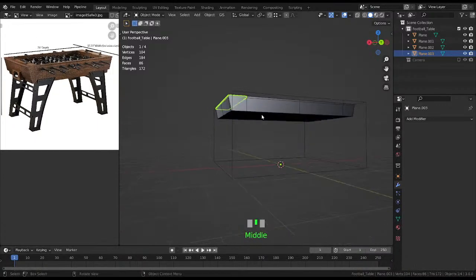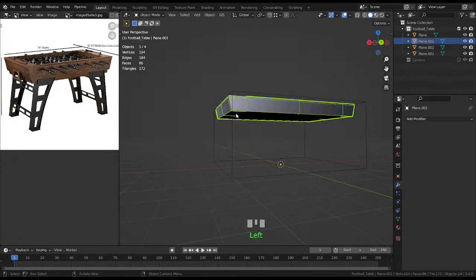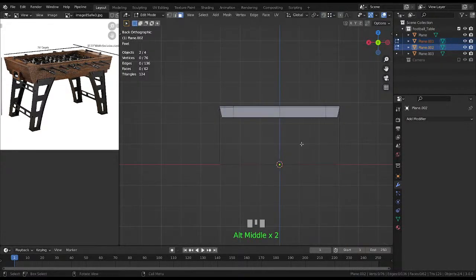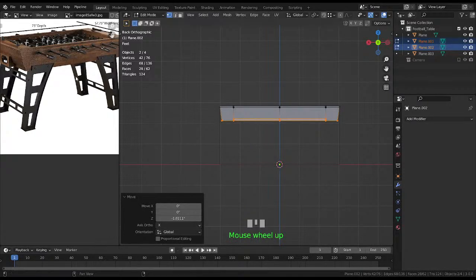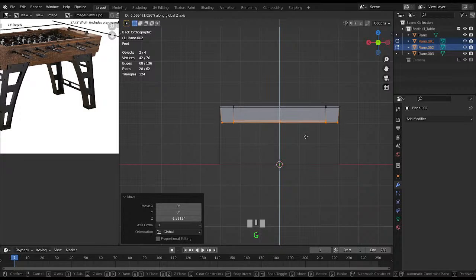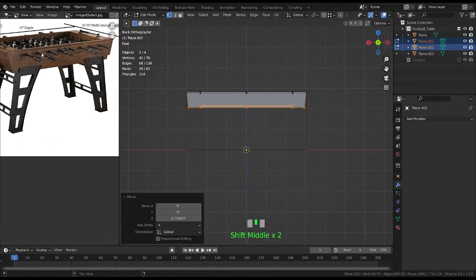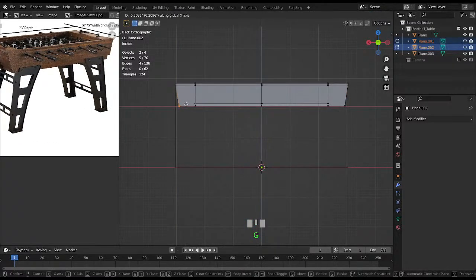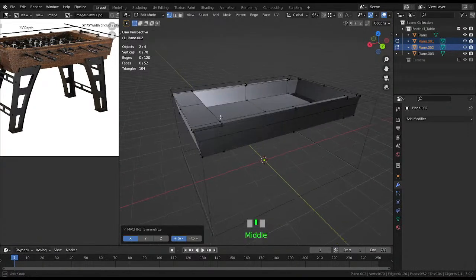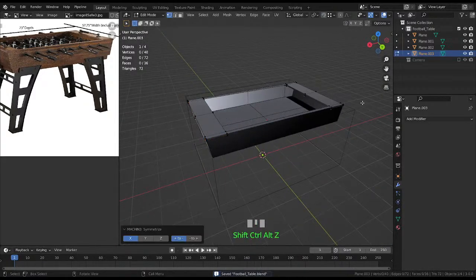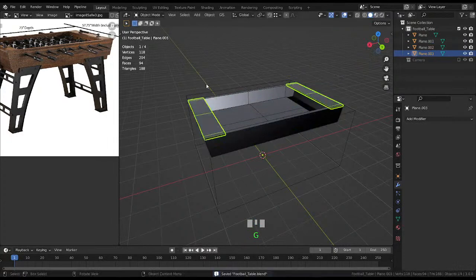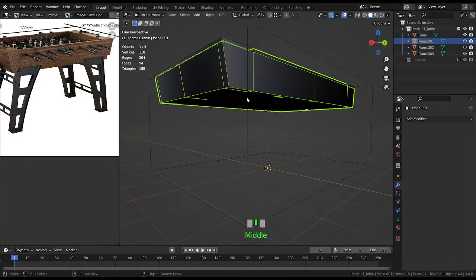Yeah, I do think this should come down a little bit. Actually, everything here. All these vertices, move them down. And then we have this extra wood here. This should work fine. I also want to move this more to the side. Great. So do symmetry to this guy. And now let's